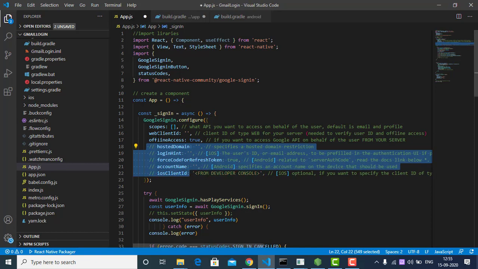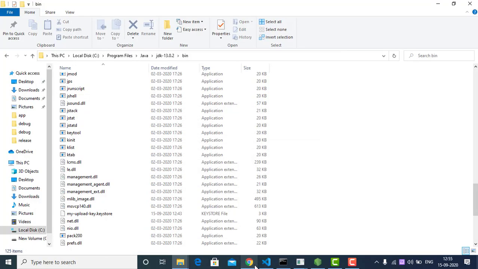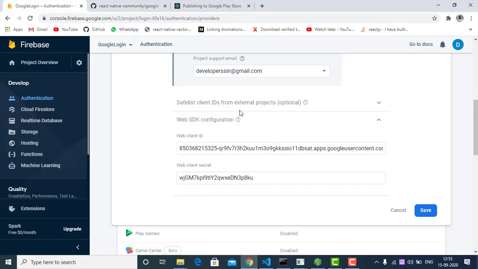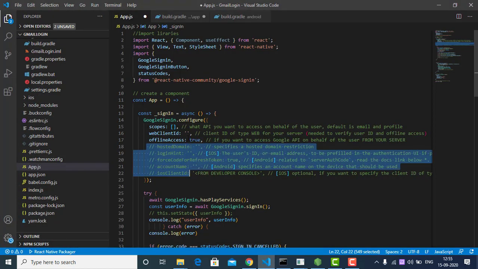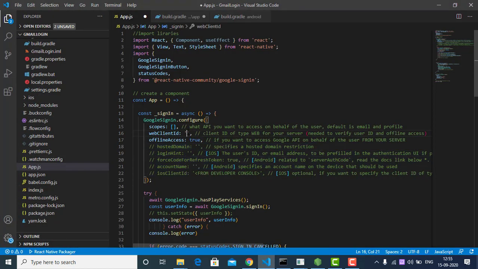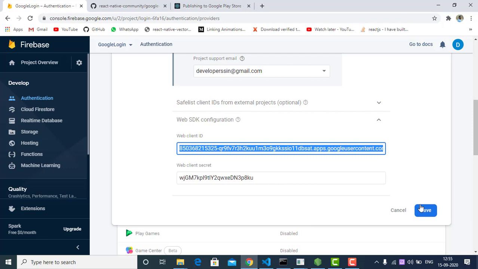So we're gonna need a web client ID, so you're gonna find the web client ID over here. This is our web client ID. And we are going to paste it over here. And please don't forget to save it.